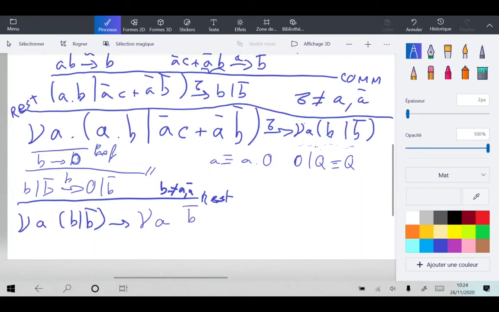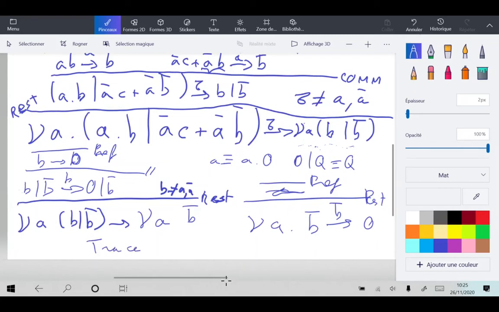And we could do the same again, which is even simpler. You can check by yourself that new A B bar reduces to 0 by doing B bar. It's by restriction and prefix. I let you find out this one, it's easy. Okay, so globally the whole trace here would be 2, then B, then B bar. So this is a possible trace for this.